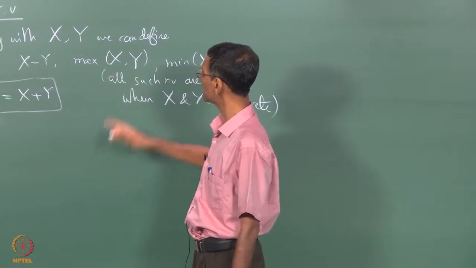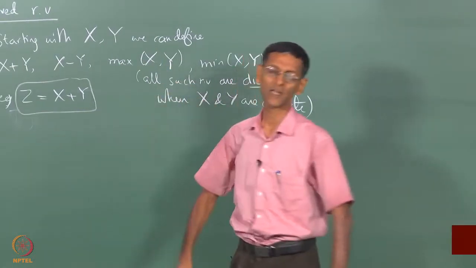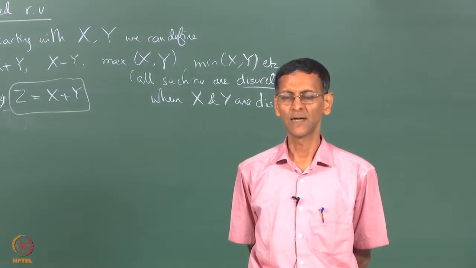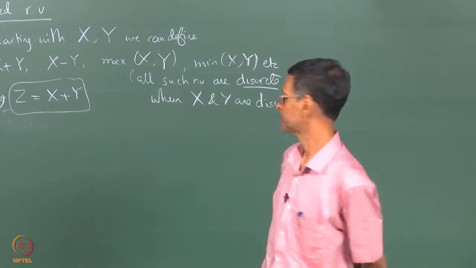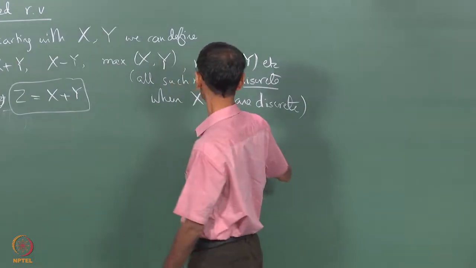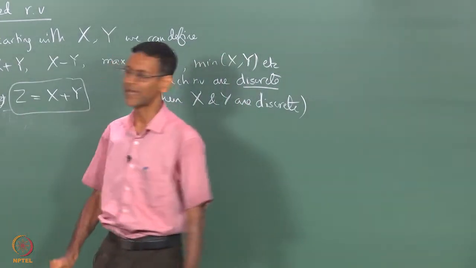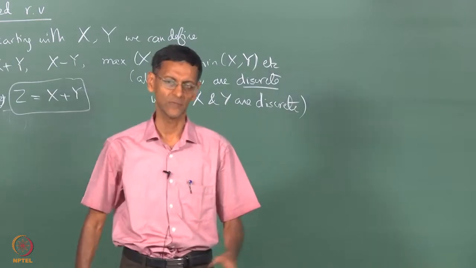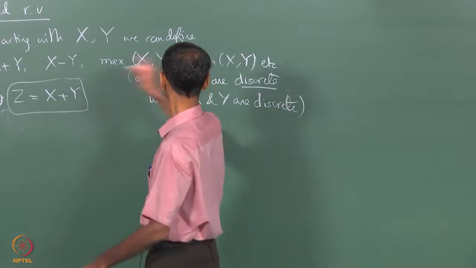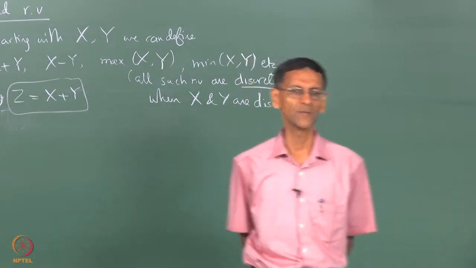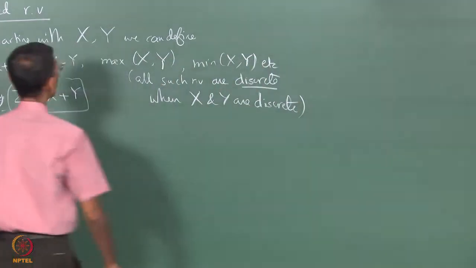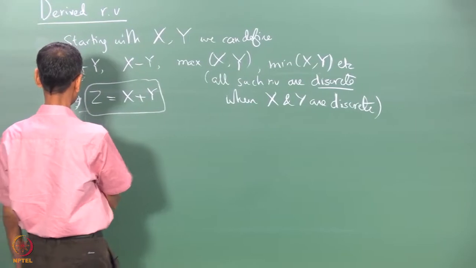is slightly different from x plus y in that you may have to work a little harder to understand it. Max is just the larger of the two, and min is the smaller of the two, that's all. And they are all discrete random variables when x and y are discrete. As of now we are giving a name only to x plus y, which we are calling z. Later on, maybe during this lecture, I will work with one or two of the others, and we can give some names at that point. So as of now we have z equal to x plus y,